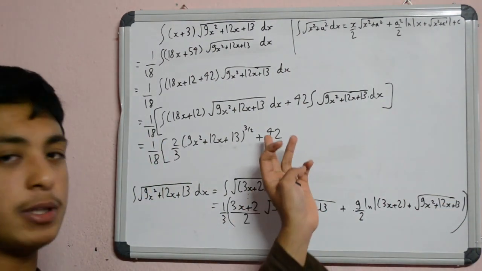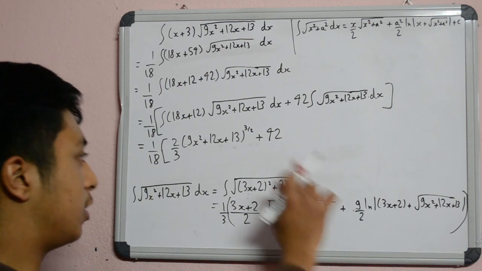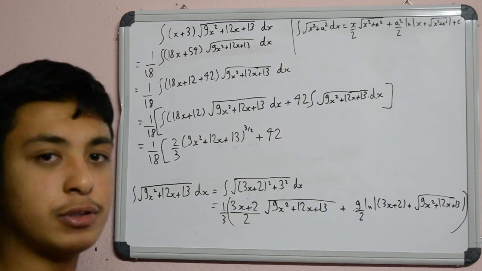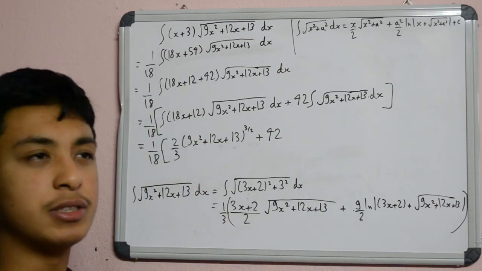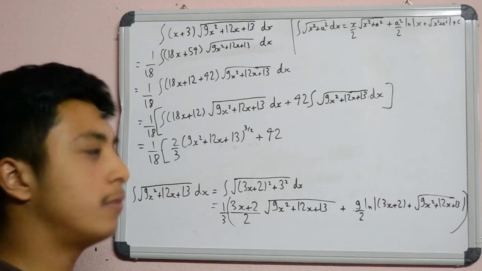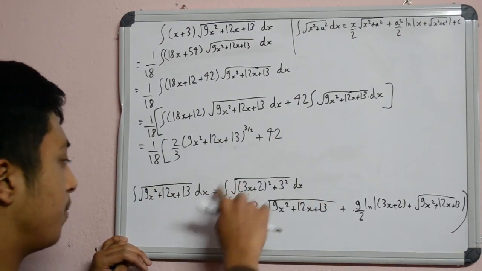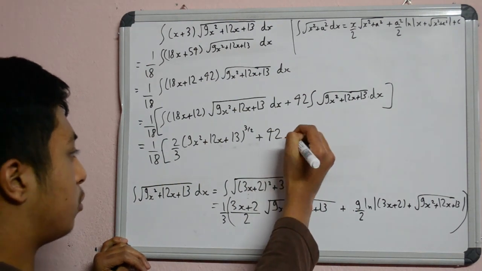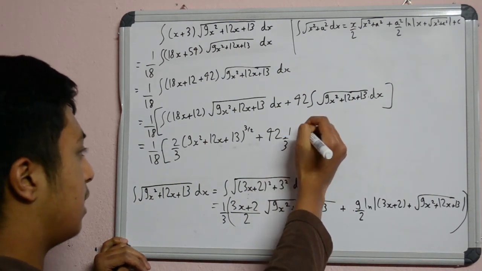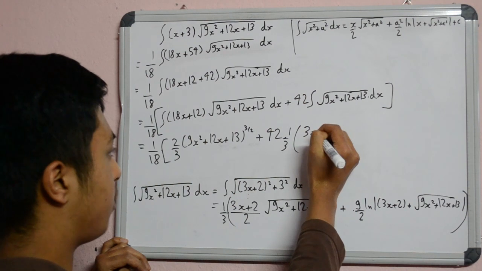Because here I'll have to multiply by this part, which is 42 by 3, and 42 by 3 is, no, 14. So in fact I'll have 42 into 1 by 3, and then just the same 3x plus 2